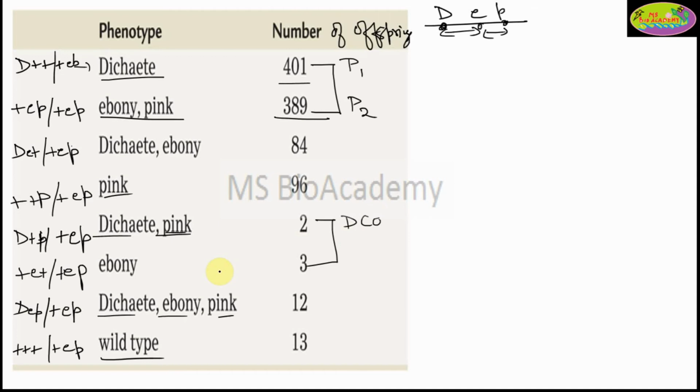These are the offspring produced by the double crossover, because I have told you double crossover is a very rare occurring event. So that means the number of offsprings formed by the double crossover will be very less, right? So these will be double crossover 1 and double crossover 2. Now what about the rest of these 4 which are left? These are produced by your single crossover. So let's suppose single crossover 1, single crossover 2, single crossover 3 and single crossover 4.